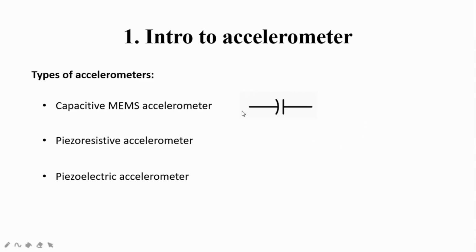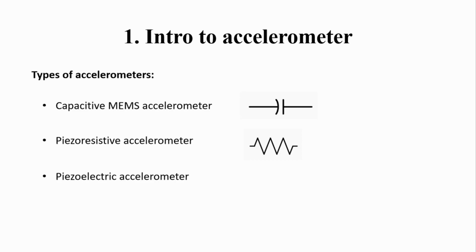Now this change in capacitance is measured to calculate the acceleration forces. Whereas in the case of a piezoresistive accelerometer, acceleration forces cause a change in resistance. On the other hand, piezoelectric accelerometers absorb vibrations to produce equivalent electric pulses, which are then processed to calculate magnitude